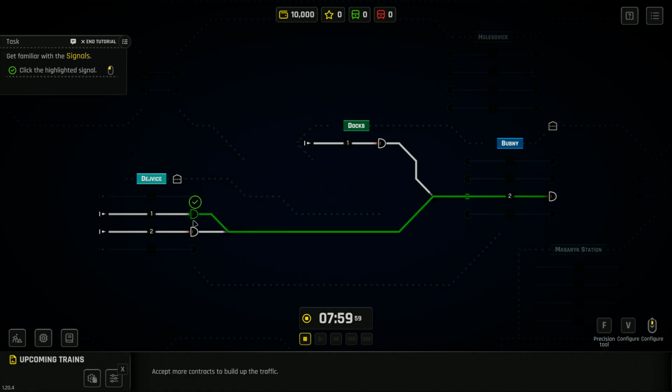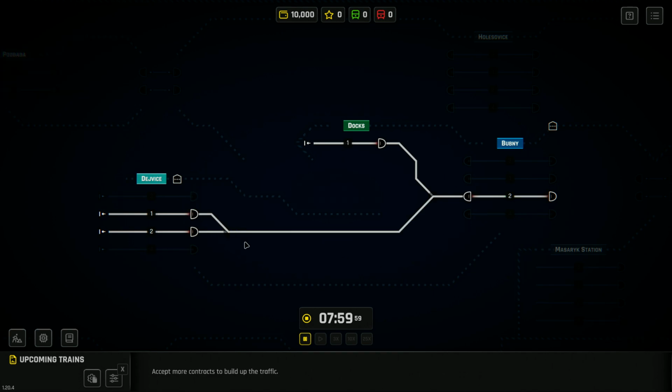Wonderful! Notice that the signal has turned green. This means that it's set to proceed. Trains will be able to run through it. Let's right-click it to set it back to stop again. Great job! As a dispatcher, you'll be responsible for routing trains to specific locations, so we should get familiar with